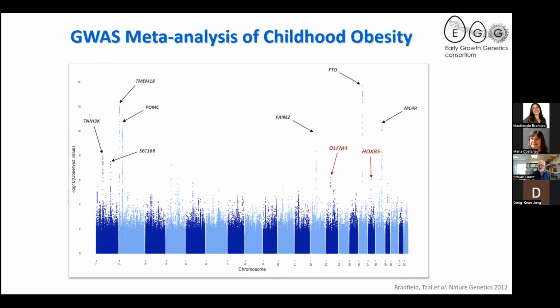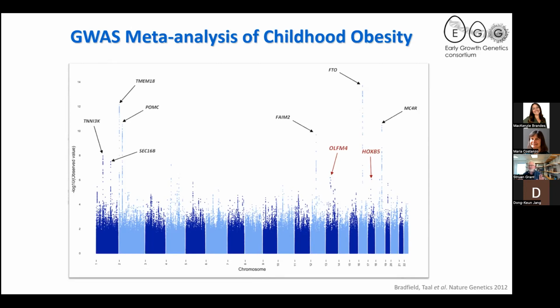Likewise with childhood obesity, I was lucky enough to land the lead on the EGG effort on childhood obesity. We continue to do that today, but this was the first iteration of the GWAS. And we found a number of loci, shown in black here, that were already discovered in adults. The difference was we needed a sample size one tenth of the size that you needed in adults to find them. So it was clear that these were more marked in children. They were easier to pan out the gold in kids. We also found 2 additional loci in red, which did ultimately come up in adults, but were more readily detectable in the pediatric setting.